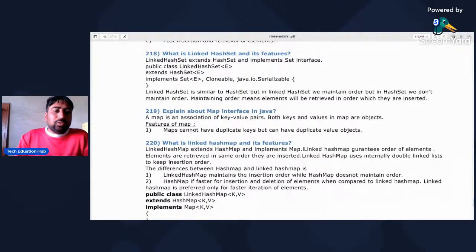Okay. So in the last session we finished with LinkedHashSet. So whatever questions there are related to Set, we have discussed. Now we will discuss about